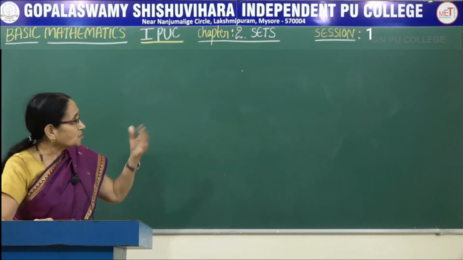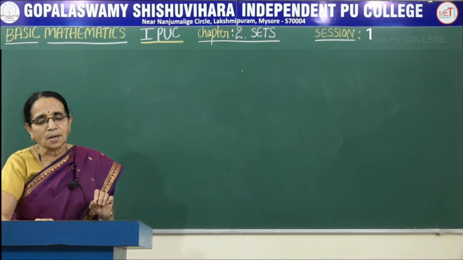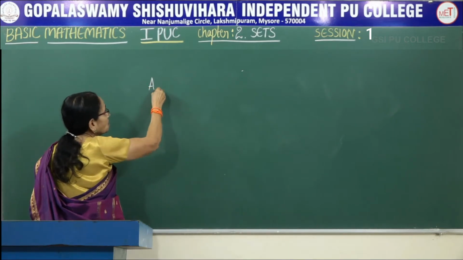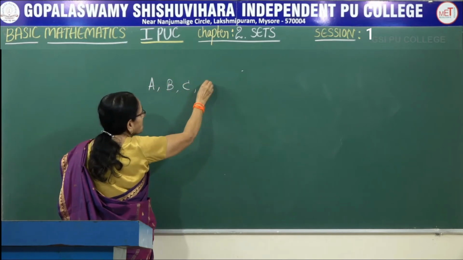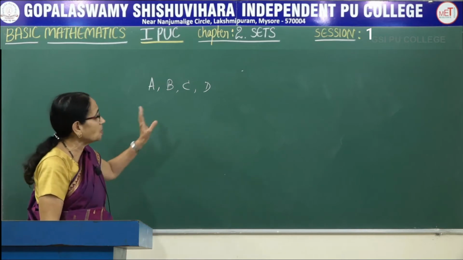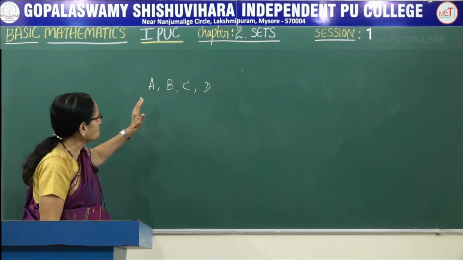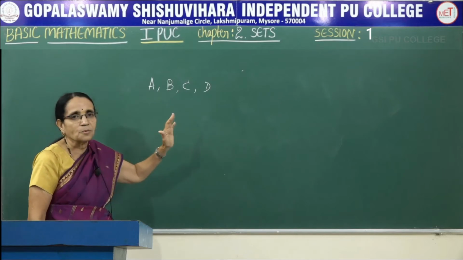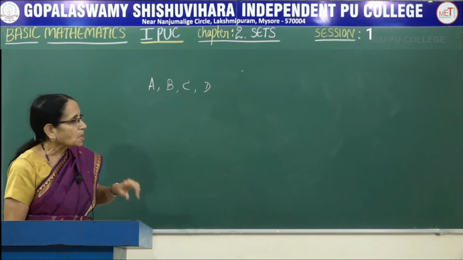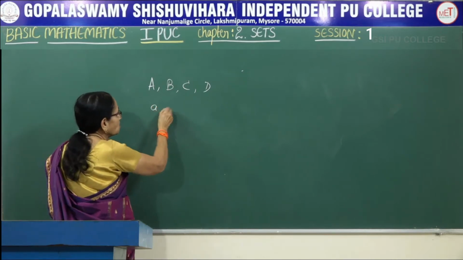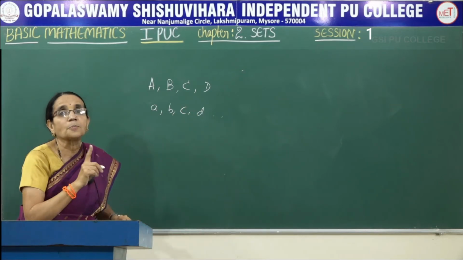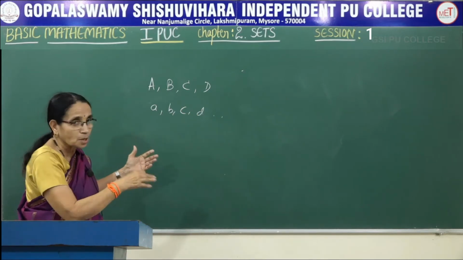Now here, this is a definition. Next thing is, how do you denote a set? A set is always denoted using the capital letters. A, B, C, D, E, F, G, H, etc., X, Y, Z, any, but it should be a capital letter. That is, we use the capital letters of the English alphabet to denote a set. It's for the notation purpose. Next, the small letters a, b, c, d, etc. we use to denote the objects belonging to the set here.